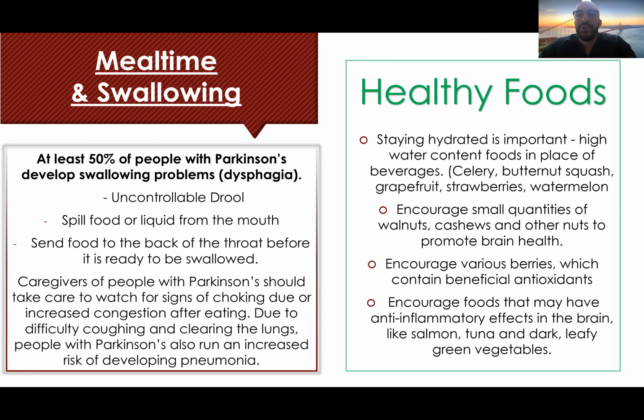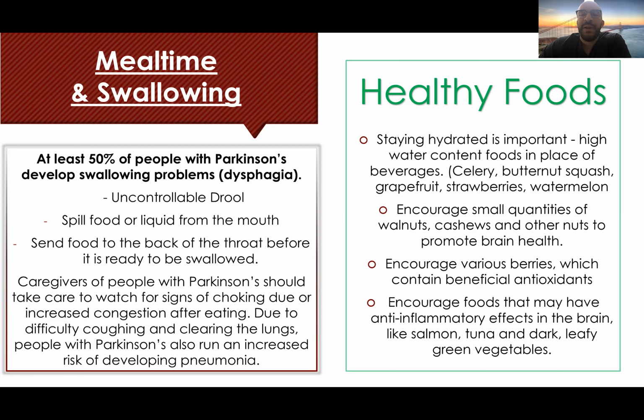Parkinson's disease can be traced back to a lack of dopamine. It's a degenerative brain disease. So anything we can do to promote brain health, to prevent that rapid degeneration of the brain and the cells which should be producing dopamine, which is the reason why our patient is suffering from Parkinson's disease, we want to offer it to the patient. So nuts and cashews as we can, encourage them.